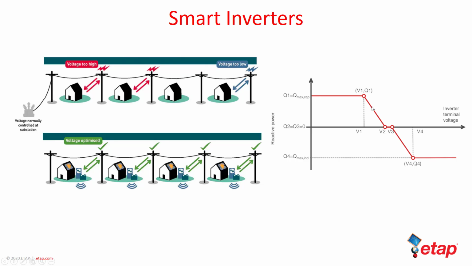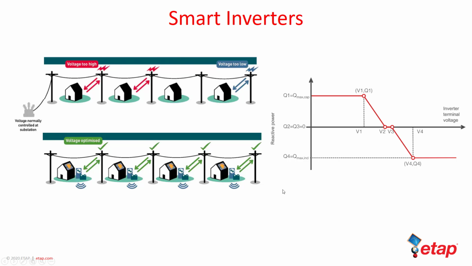The smart inverters also use a VQ curve to provide voltage and reactive power support at the local level. We can see that V2 and V3 represent the deadband of the smart inverter, whereas V1 and V4 represent the higher and lower voltage ranges of the smart inverter. At the lower end of the voltage, the smart inverter is producing more reactive power to boost the voltage up, and at higher voltages, the smart inverter is inductive and absorbing reactive power to essentially bring the localized voltages down